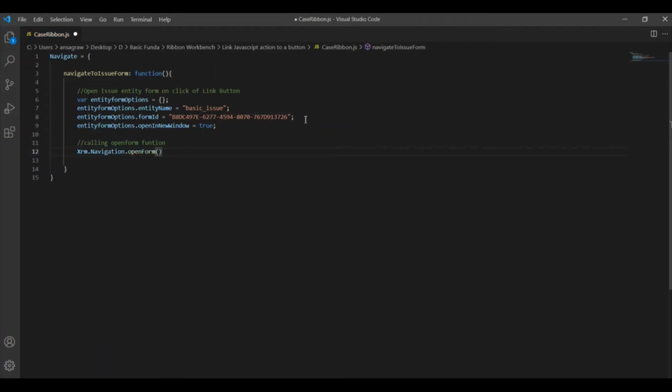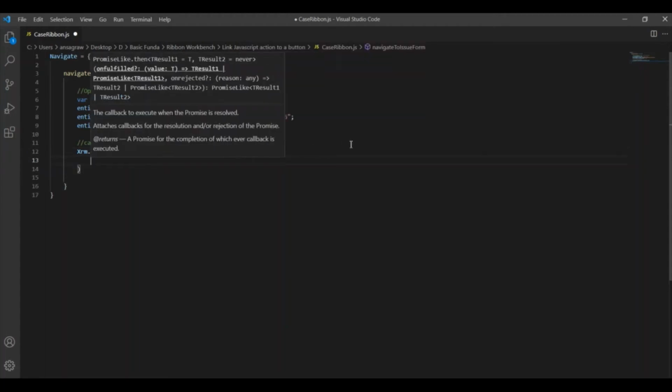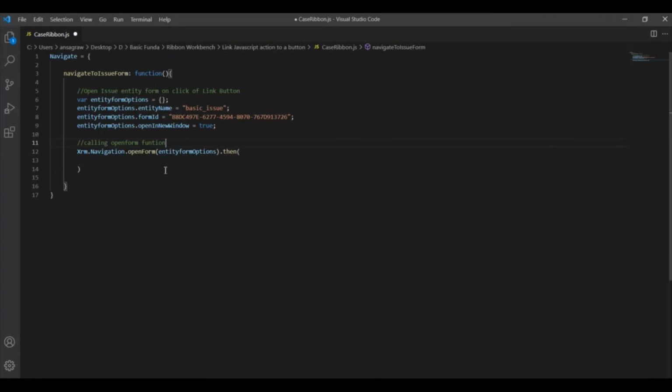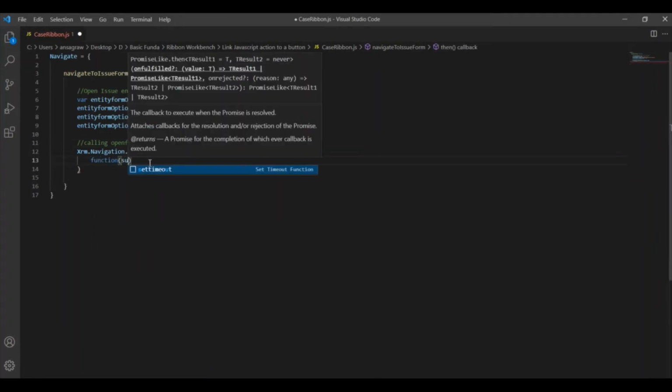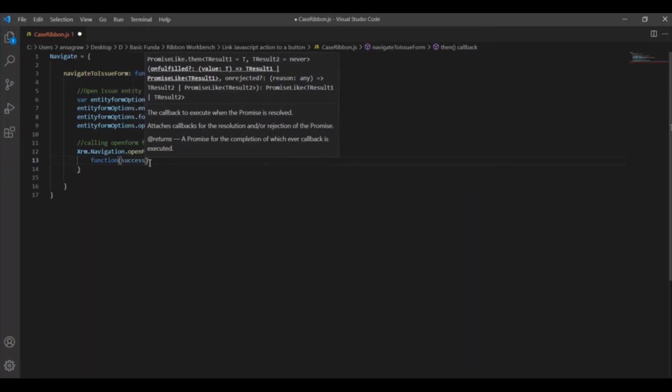So this is a function and it needs one parameter. In our requirement it would need only one parameter, that is it. And then just to be on the safer side, we will call a success function and we will just log it.